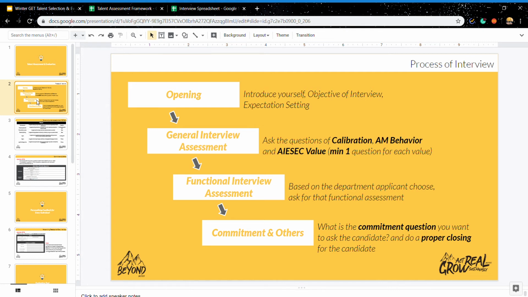Firstly, I'll give you an overall picture of what the entire talent selection looks like. There are four simple processes. For the first step, the opening, introduce yourself, tell the candidate the objective of the interview, and set a simple expectation. After that, you do a simple icebreaking question, and then we move to the general interview assessment, which focuses on calibration, behavior, and